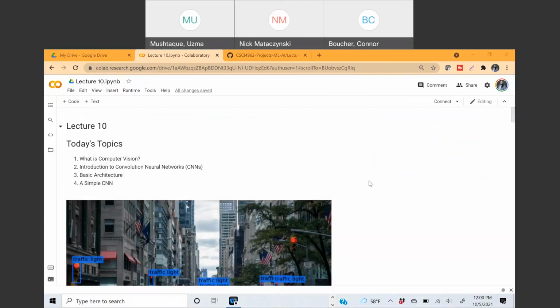Right, welcome back everyone. Today is lecture 10, and this week we'll be discussing computer vision, including an introduction to CNNs, or convolutional neural networks. We'll talk about the basic architecture, and on Friday we'll cover a few case studies. We'll see why these case studies are so important, because we didn't talk about any case studies in other